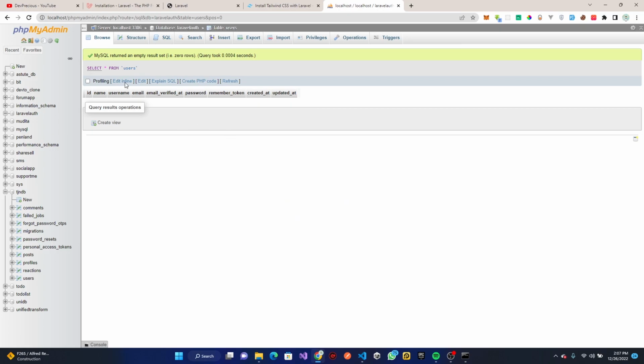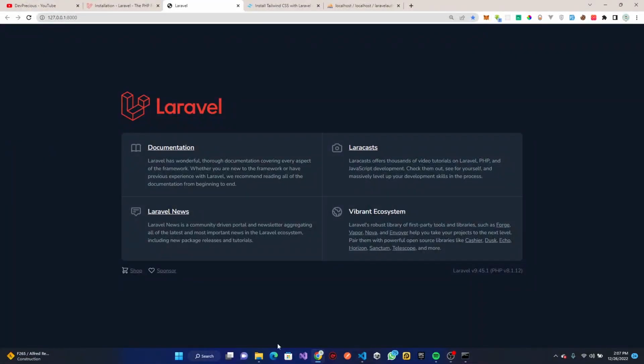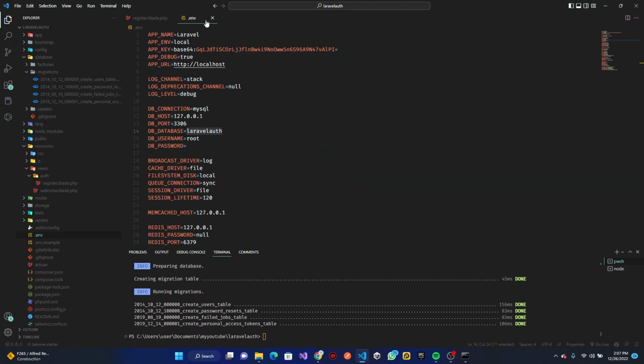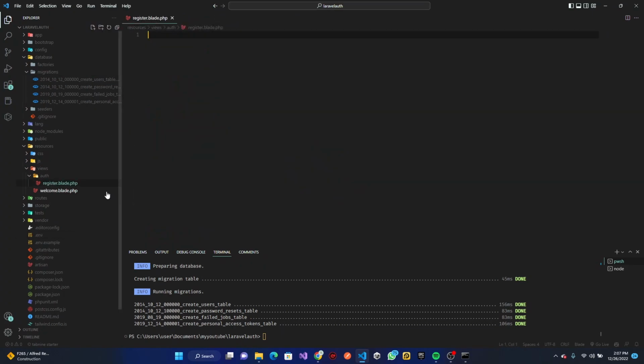In the next section, we are now going to design our register page. For this register page, what we want to do is head over to Visual Studio Code. You can go ahead and close all this. Leave the register page open. And our views, I believe, okay, it's not here. So in these views